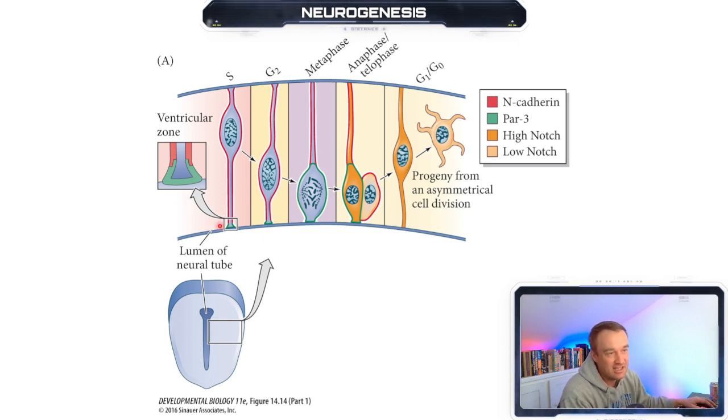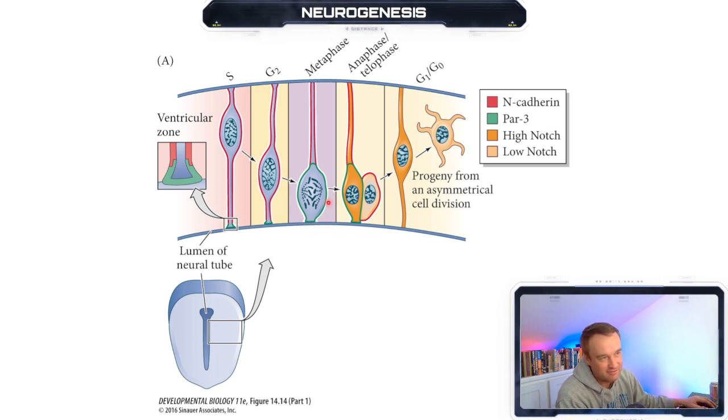So PAR3 is expressed at this distal end. So we'll go through S, G2, metaphase, and then anaphase, telophase. So it's starting to split here, right? So we've pulled apart. You can see right here, the spindle fibers are pulling apart the chromosomes, and they're going to be segregated into two different nuclei, and we're going to split the cell in half, right? So if one of the cells, because that PAR3 is located on a certain part of this membrane,